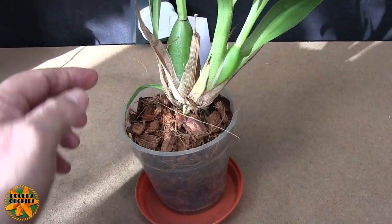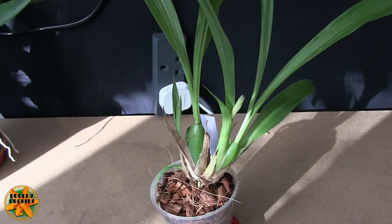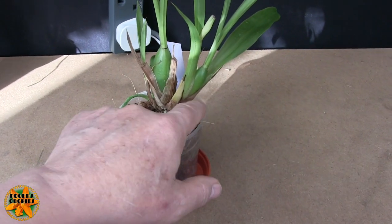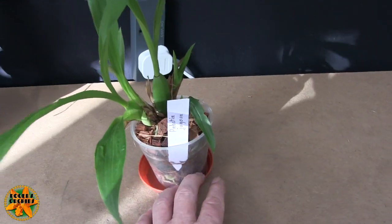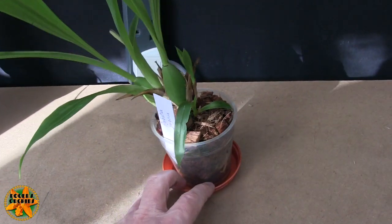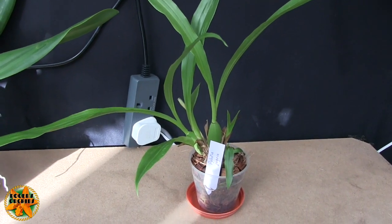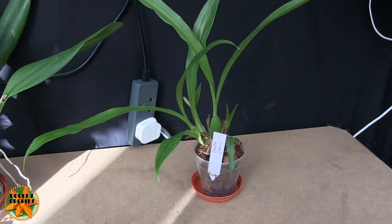But what we do have is some root growth. Now this was repotted into the coconut husk as was the Zygo, as it's along those lines. Needs to stay moist but not soggy, all that sort of stuff. And I haven't got a clue what it's going to do next, but it's a genus I'd never heard of,